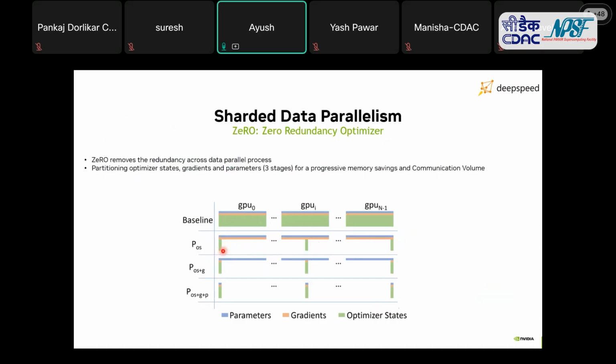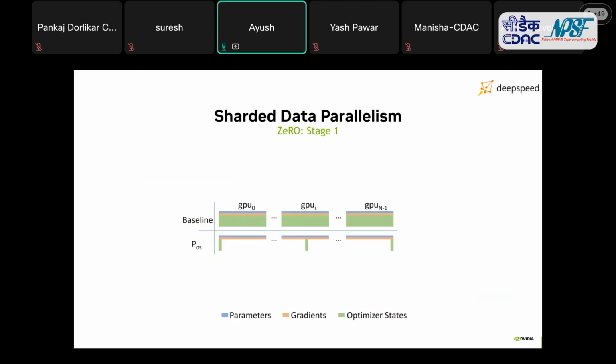Because you are not going to keep the whole optimizer state. You are going to divide the optimizer state into n number of chunks, and then you are going to only hold a copy of that optimizer chunk on the particular GPU, right? So this is like one part, and this is stage one. And there are different stages. So first is the optimizer state, and this immediately saves like 8 bytes per parameter